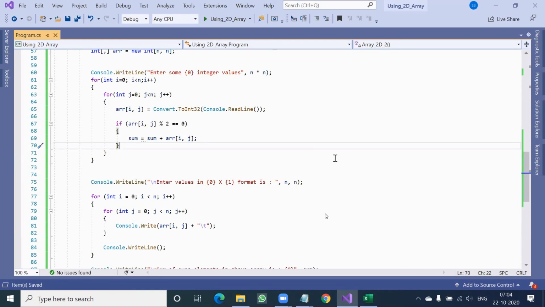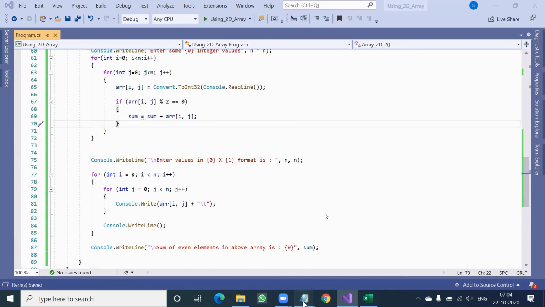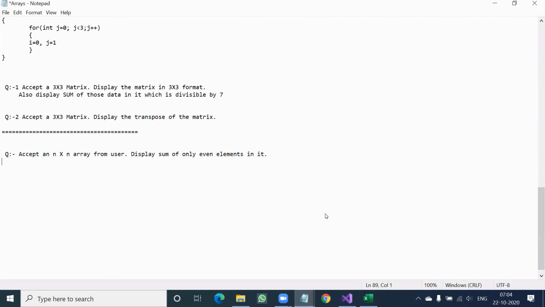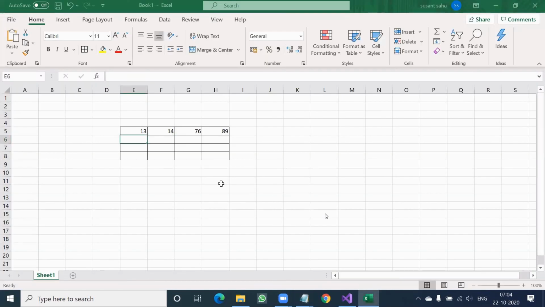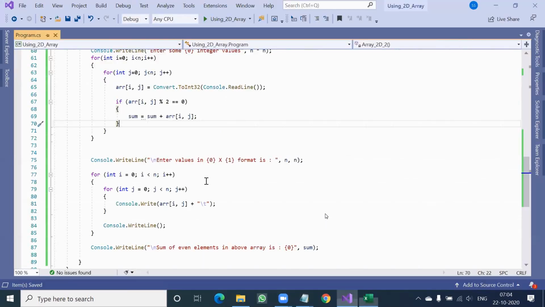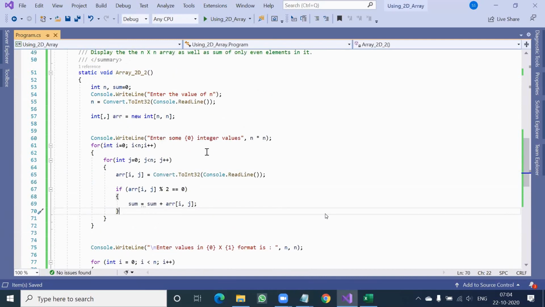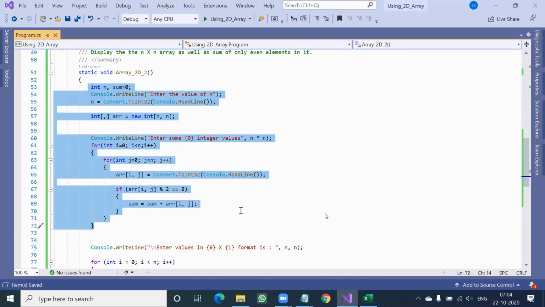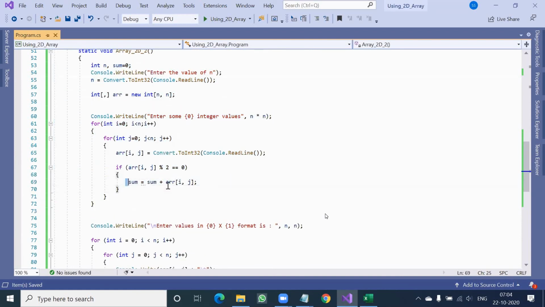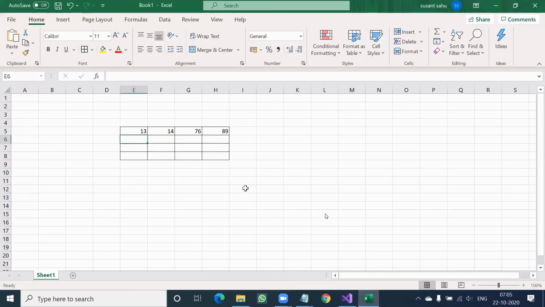Okay. All right. One question from my side to you as homework, then we will go to the next level. So homework today: you have one array, almost similar to the array we did just now, n by n. That means in my homework, this highlighted part is the same, except the sum. Sum will also be there, but the condition will be a little different. So what is that? Have a look.